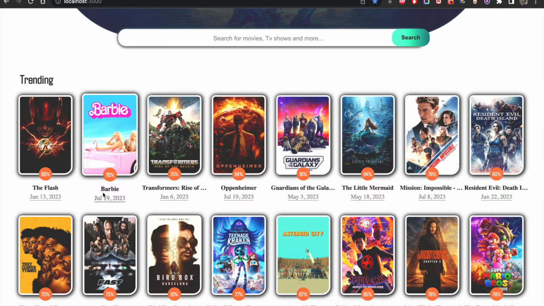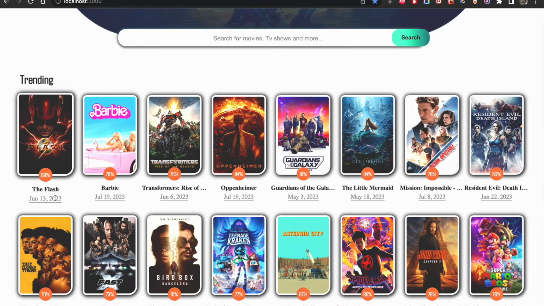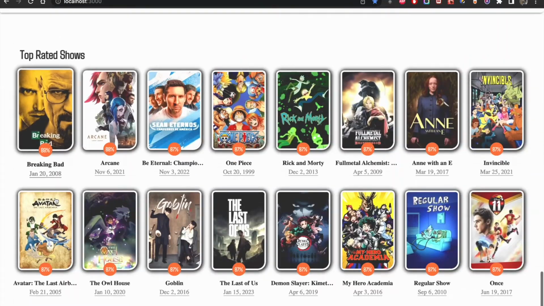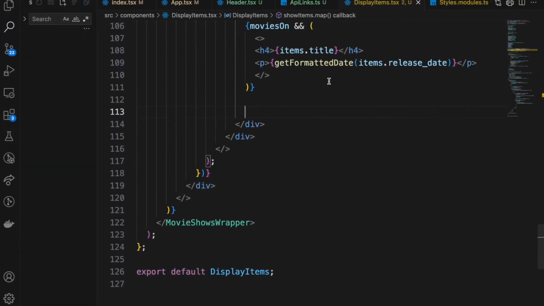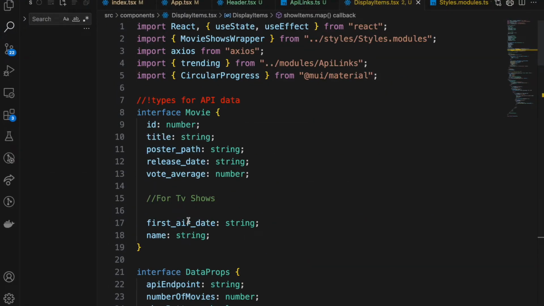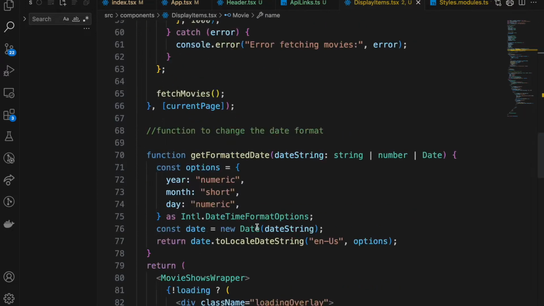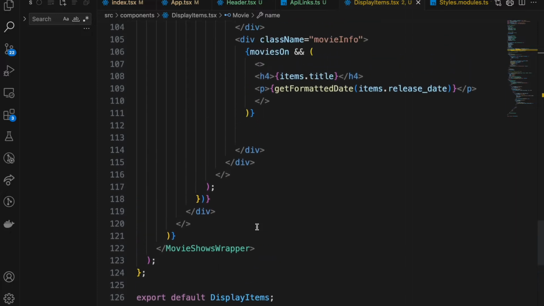movies, because for the TV shows the release date and the title are different. Why is it different? Because for the TV shows we have name, not title, and we have first air date, not release date. So what we're going to do here,